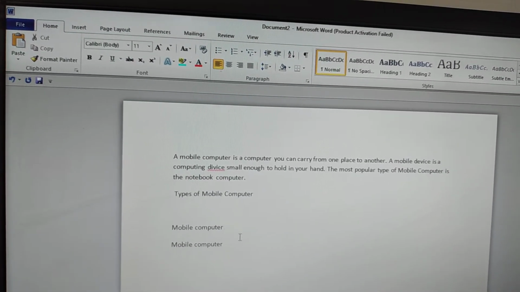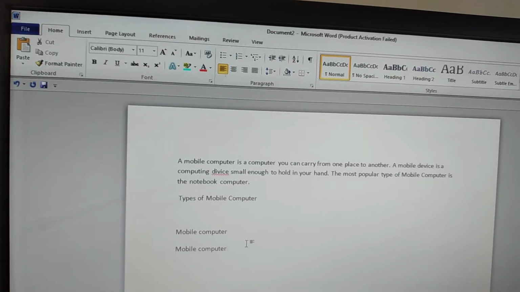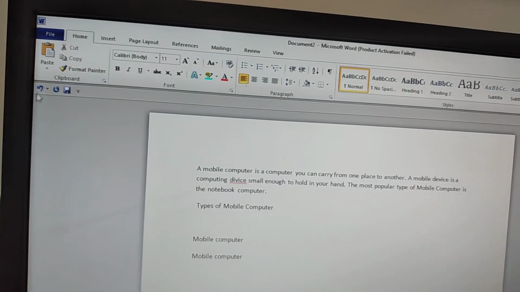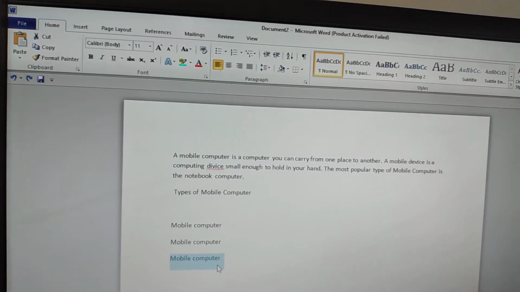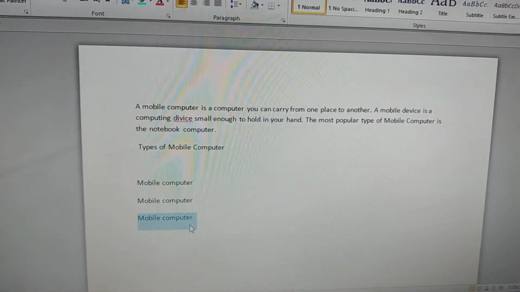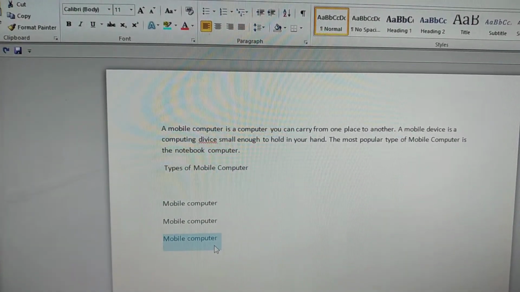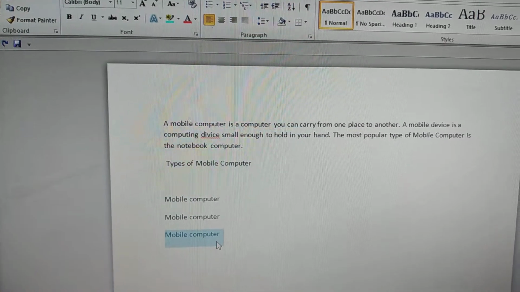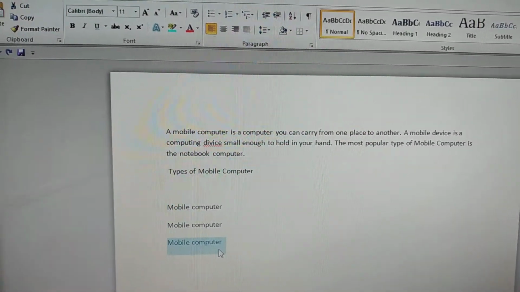Students, here I deleted the mobile computer from the monitor, but you want that word again, so you will press undo from here. Now I'm going to press the undo key. जैसे ही मैंने undo key press किया, the mobile computer is again available on my monitor screen. So what is undo? When you delete something by mistake and want to recover that word, then we use the undo feature, and the shortcut for undo is Ctrl plus Z.